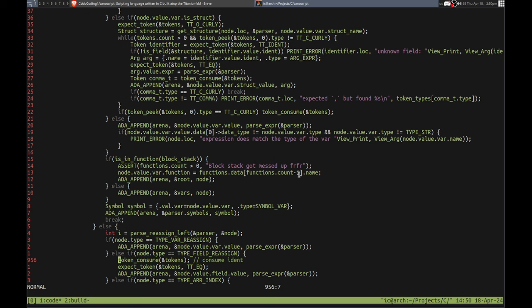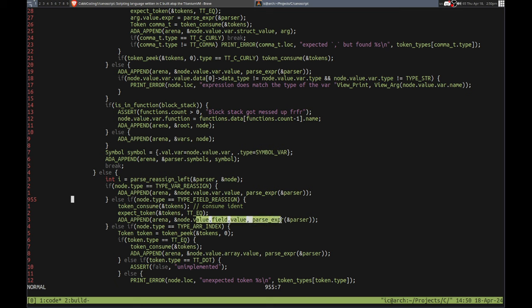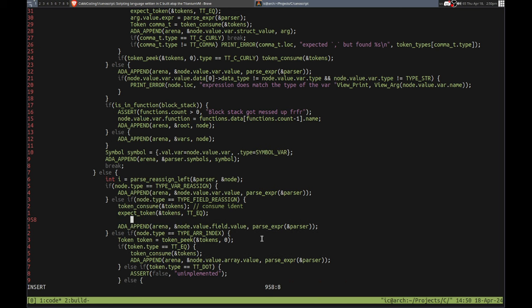Right, we need to take this, and this is the value of the field that we are changing the value of. Node value, field value. What does that mean? We're just appending to it. We need to actually set it, right? So let's set this to the new name token. Token equals that. So let's do i equals 0, i is less than node value dot,